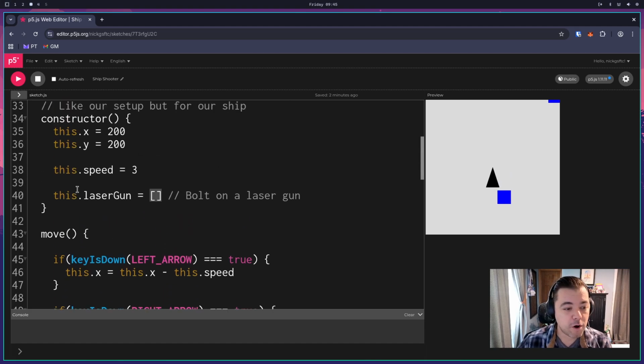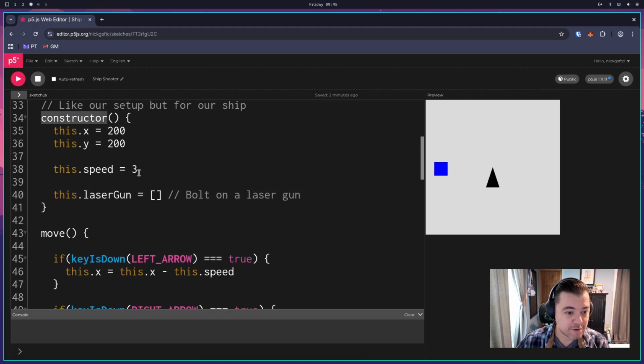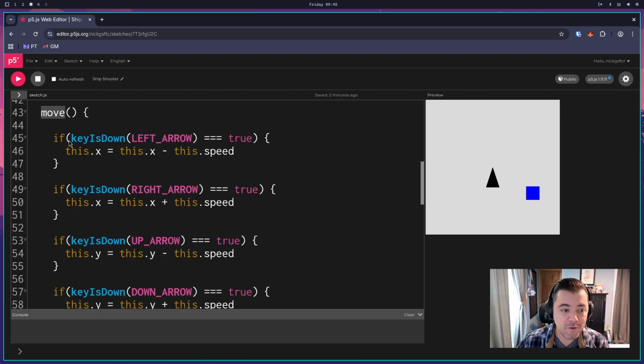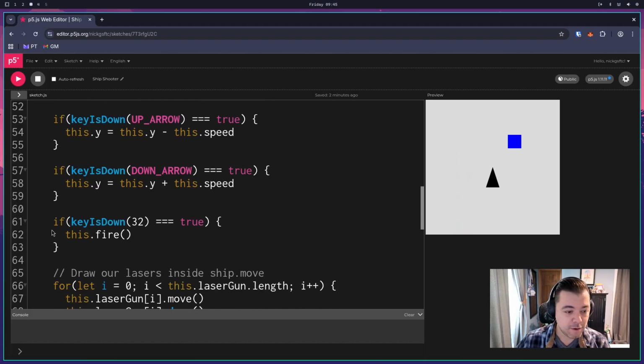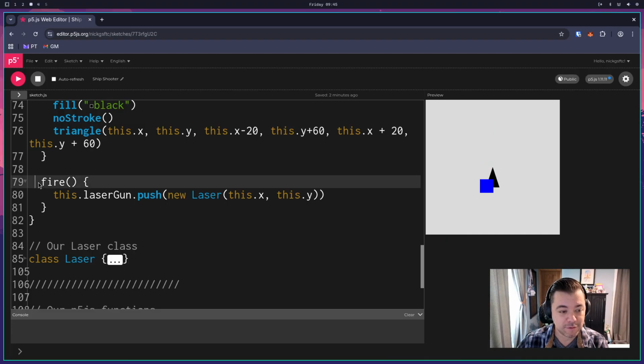Okay, so lasers are inside of our ship, and we initialize them in the constructor. And now what we want to do is in the move method, where we do all of our key detection work, we can go ahead and now detect whether a space bar is hit. And if it is, we created this new fire method that is part of the ship that is going to go ahead and create a new laser. So if we look at this fire method,